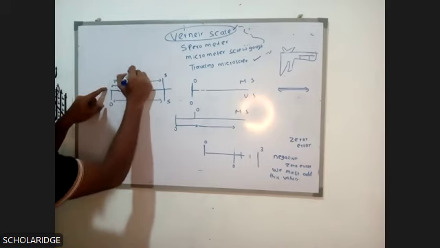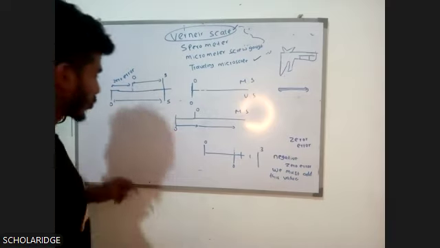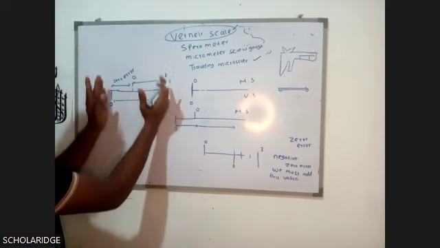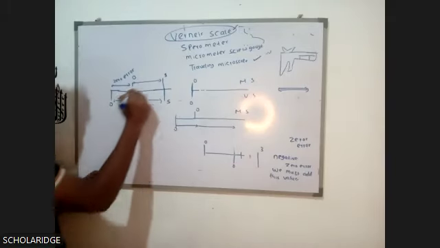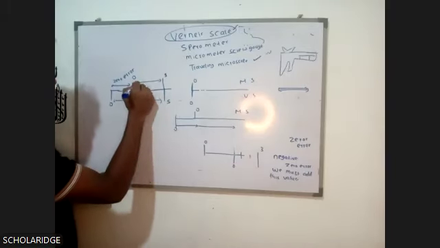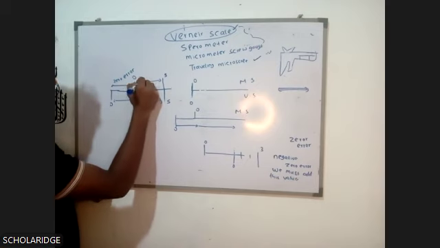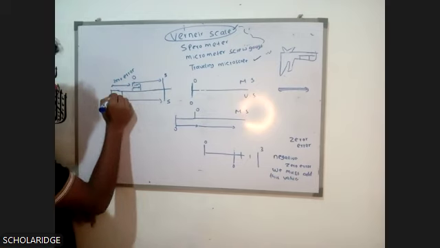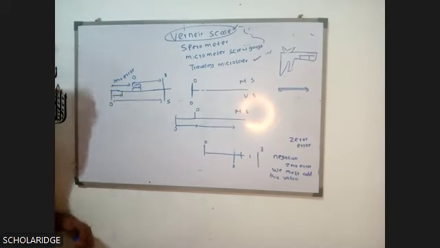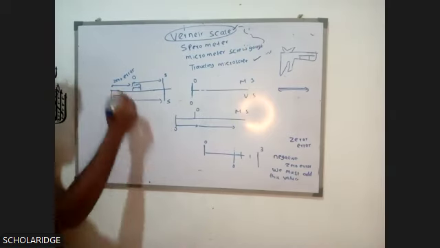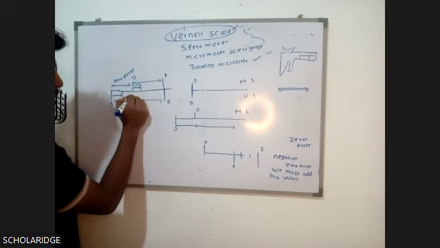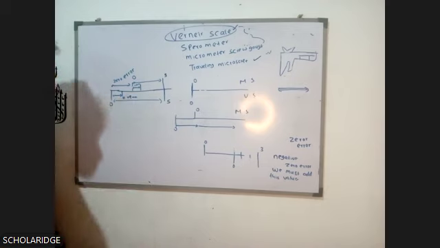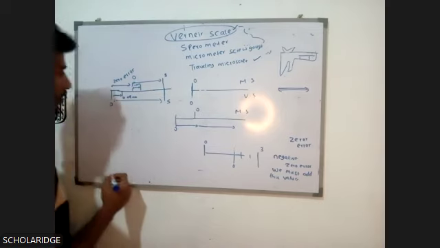So from this length, we must deduct this length. So let's say the least value is 1 millimeter, and the least value of the vernier is going to be somewhat 0.09 millimeters. So if I obtain the difference,